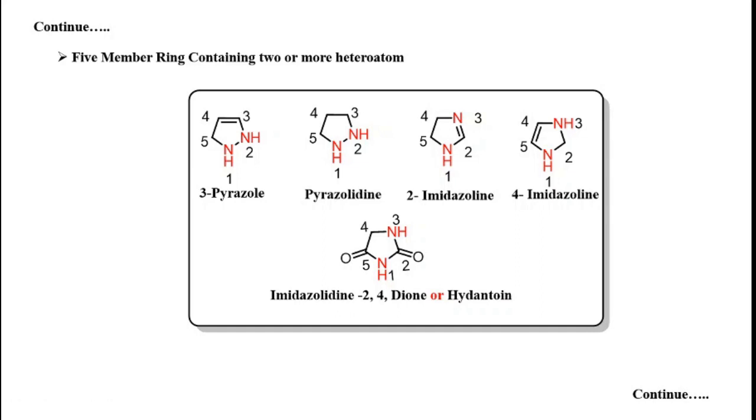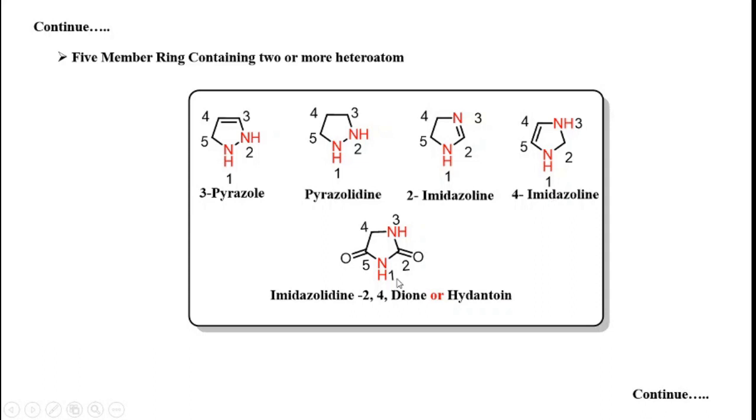That's why you can say that this starts from here, this starts from here, and here the bonding starts from number 4. That's why it is given as 4. The bonding starts from the second number. That's why the number is given here. Or here the third number. So all the numbers are given in this way.